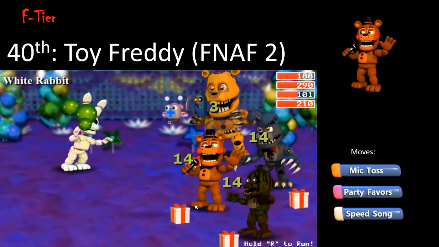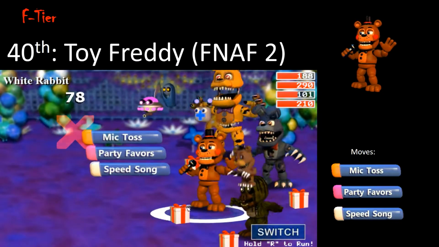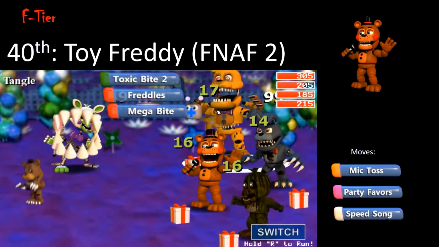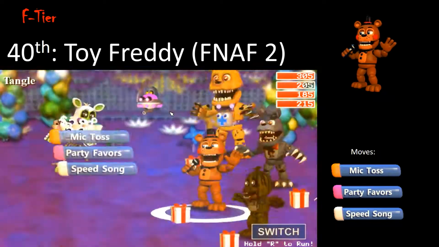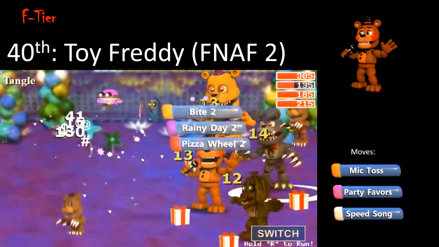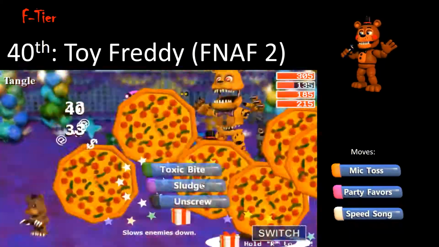Toy Freddy's only somewhat useful move is Speed Song, which lasts longer than Birthday. However, considering one of the earliest chips in the game you can get is the Endless Speed chip, this also becomes useless. So yeah, Toy Freddy's the worst character in the game. His regular counterpart is better than him. Speaking of his counterpart,